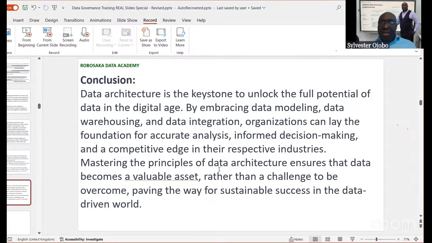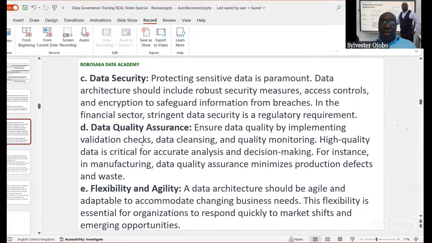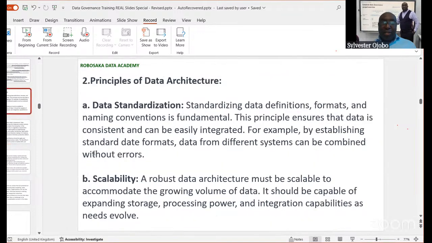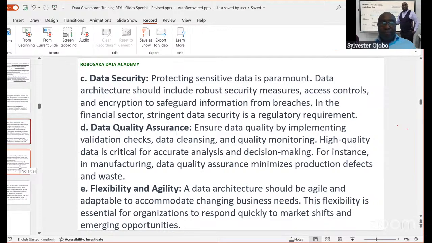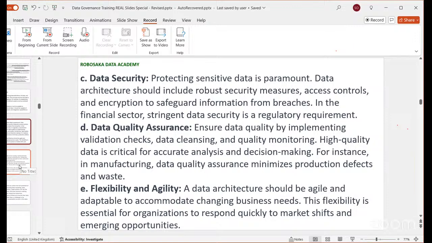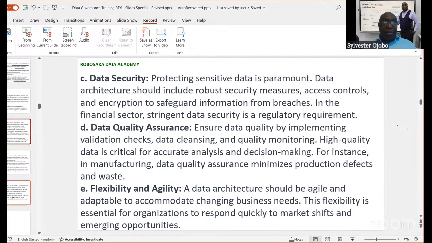So if you're able to master the principles that have been mentioned, can you tell me what the principles are? Data standardization. Data standardization, yes. Data security. Data security, yes. Data scalability. Yeah. Quality assurance, flexibility, and agility. That's correct. Okay. So if you can master these principles,